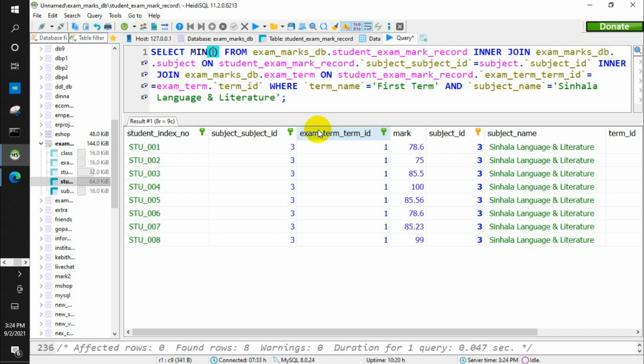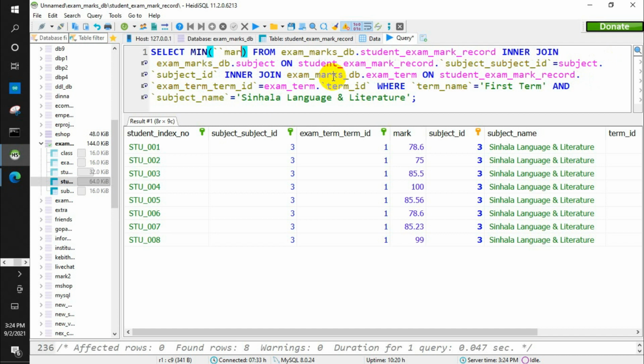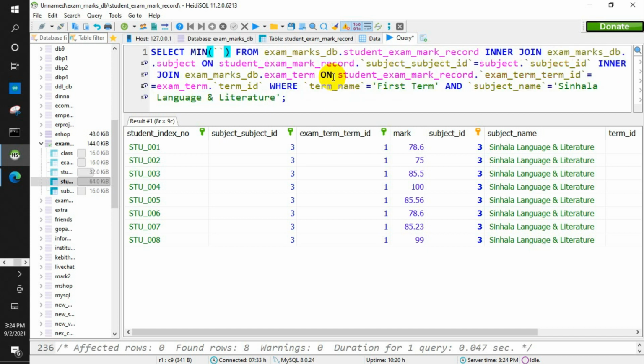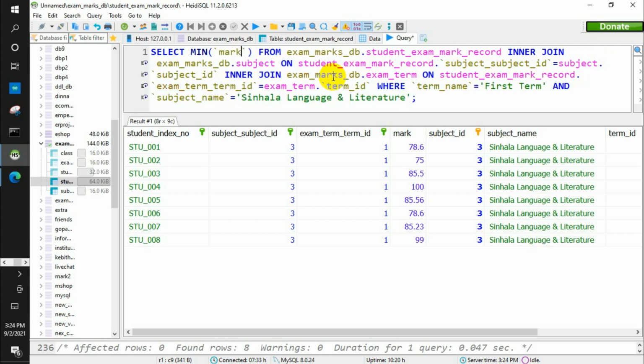You specify the search query using this select keyword. If you have this select keyword, that means you are selecting data from a database. So now I am going to search only the mark. So once I write mark here, now this is a column name, so you have to mention that within square brackets.